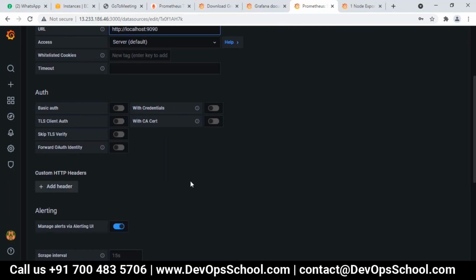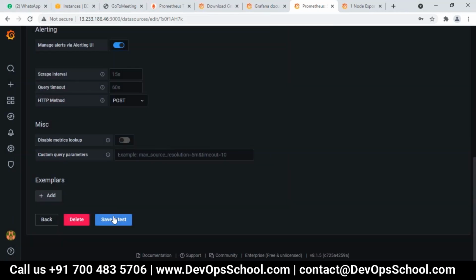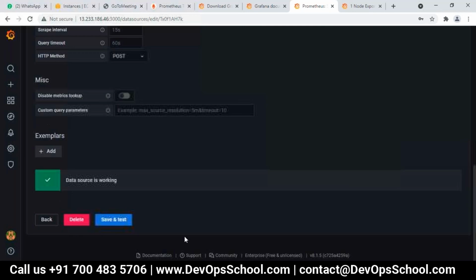Then these are the authentication options, but we are not using authentication, so let it be. Now click on save and test. It will check whether the data source is working or not. It is working, so it shows the tick mark. Now it is done.